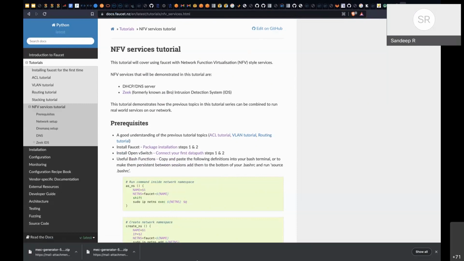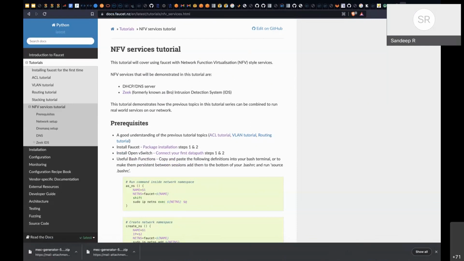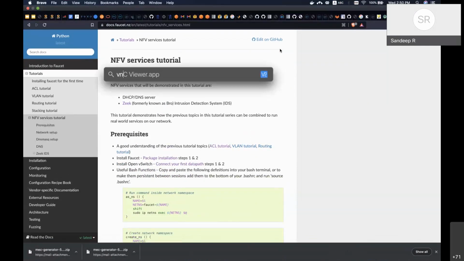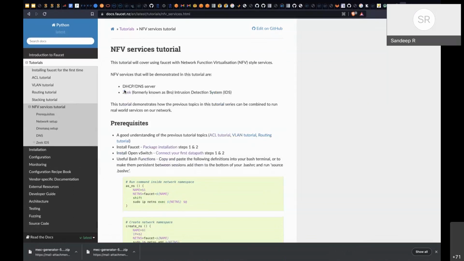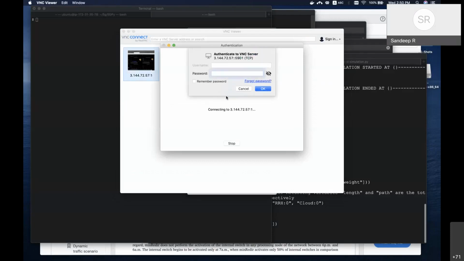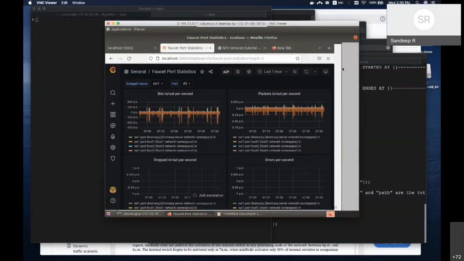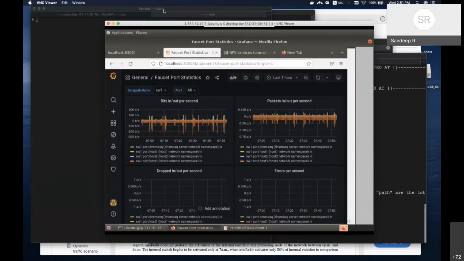Okay, so what I will demonstrate is something like this. Eventually what you will see is VNC. Let me connect to my Amazon AWS instance. Okay, so if you can see this, this is an AWS instance where I'm running the OpenFlow controller.